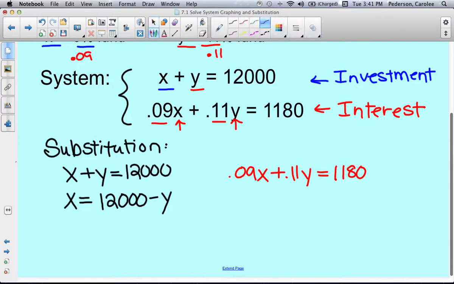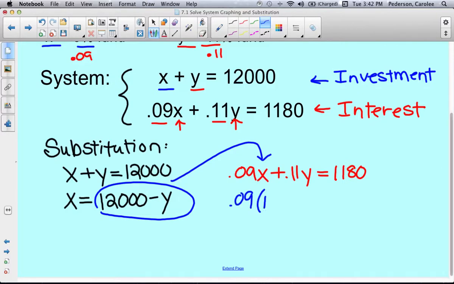So this piece is going to replace x. So 0.09, replace the x with 12,000 minus y, plus 0.11y equals